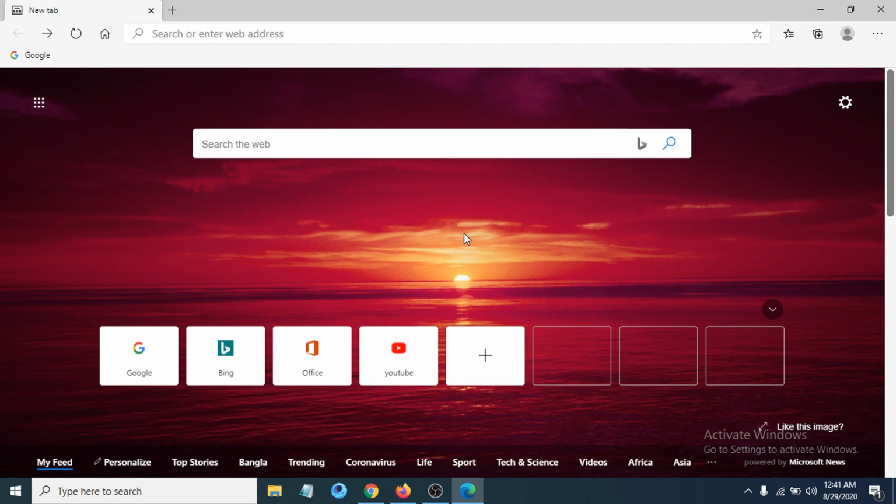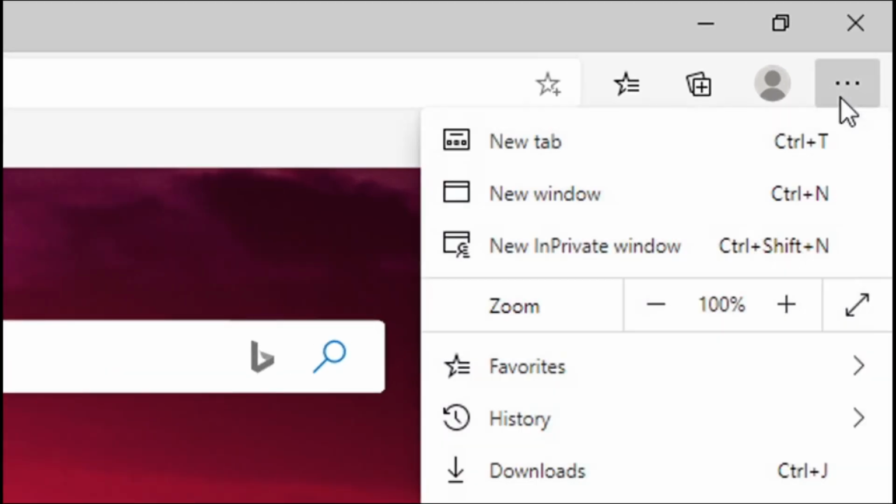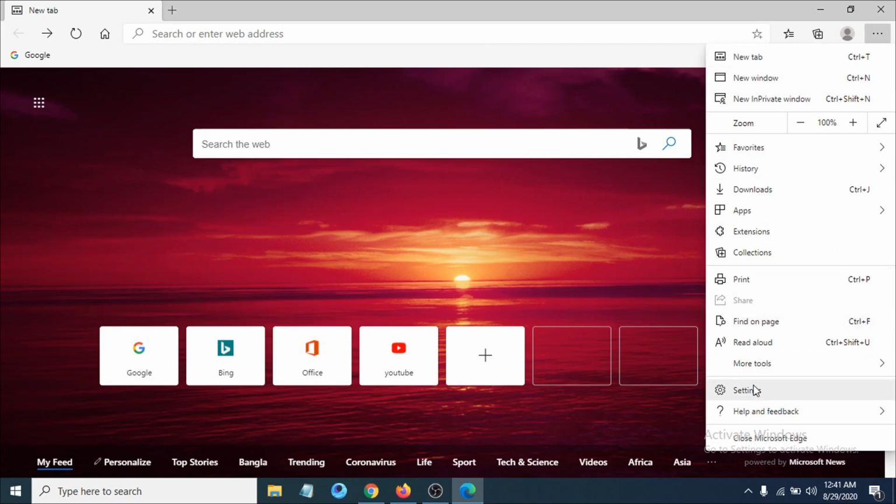So in this tutorial I'm going to show you how to change the Microsoft Edge theme into dark theme or dark mode. So I'm going to show you how to change to dark mode in Microsoft Edge in the new Chromium version. So first of all you just have to go to the three dot menu here and open the settings option. In the gear icon here, click on settings,